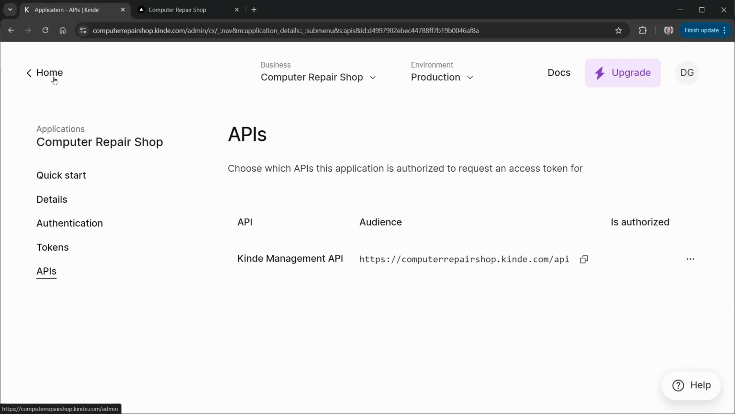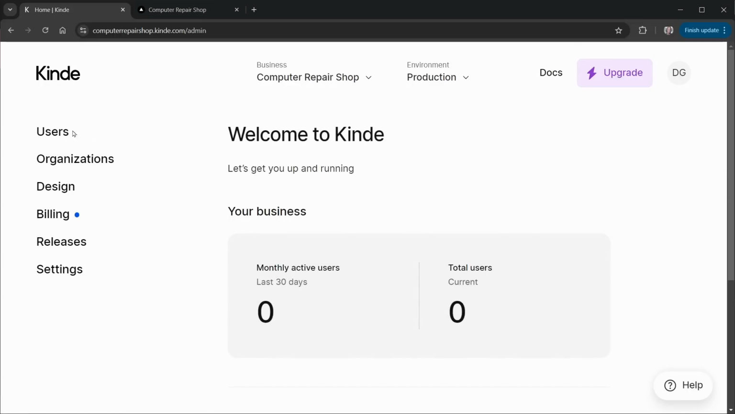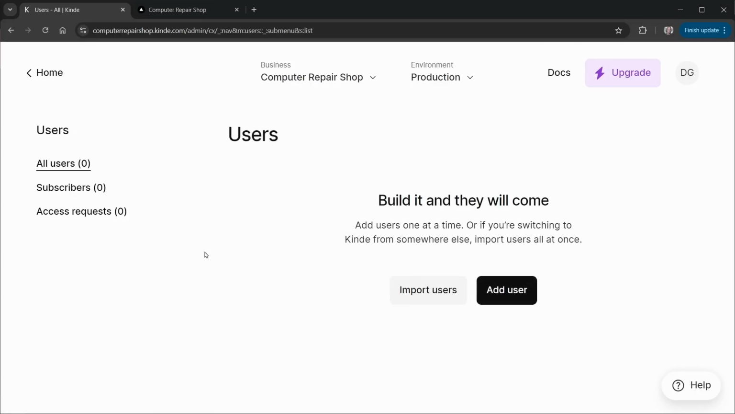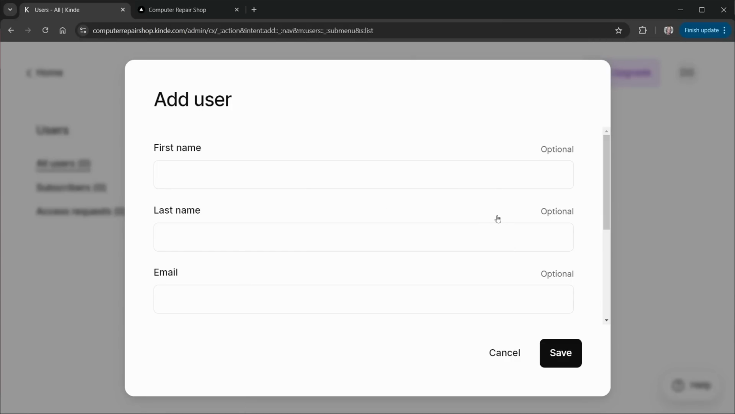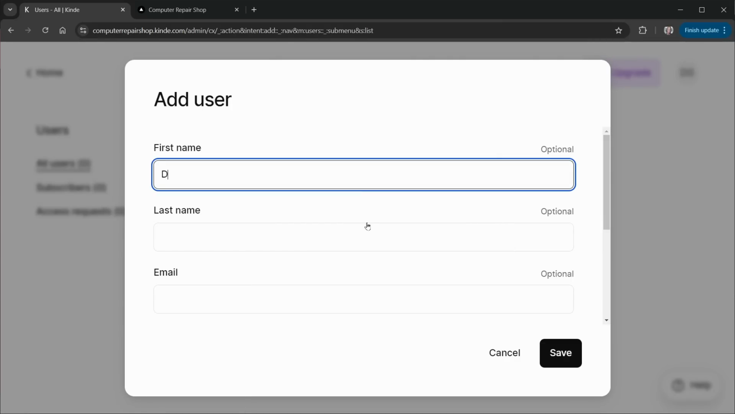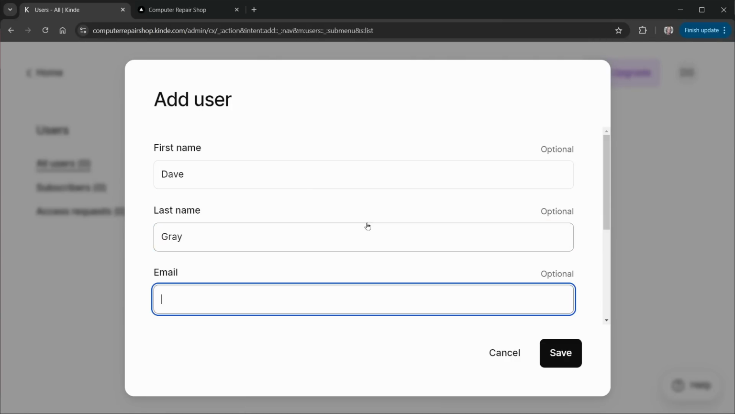So now let's go back to home, and we need to click on users. And we're ready to add a user. So I'll click add user. And the first user is going to be me as we're building this out. And your first user should be you. So I'll have Dave at